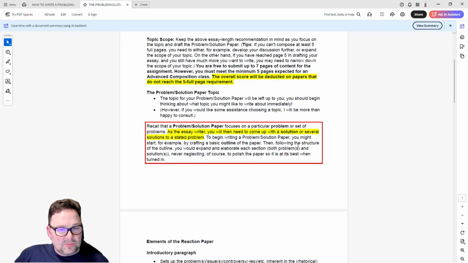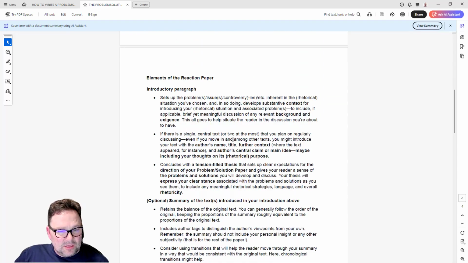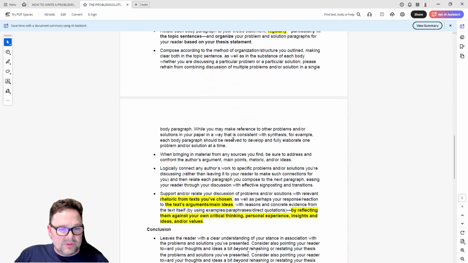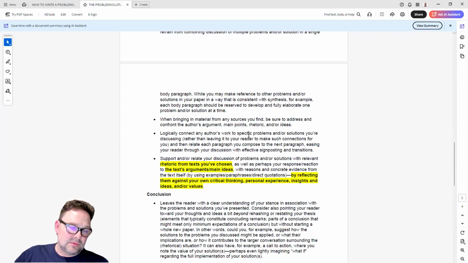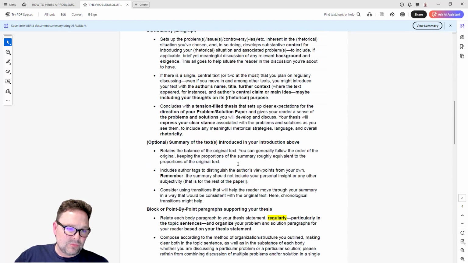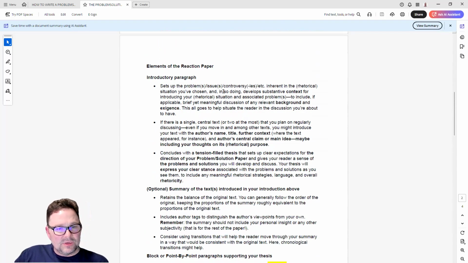And here I have some of the key elements, which is really what this prompting document is doing. You'll notice a lot of similarity in terms of elements of the